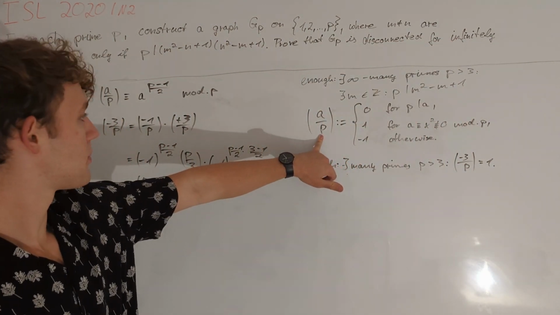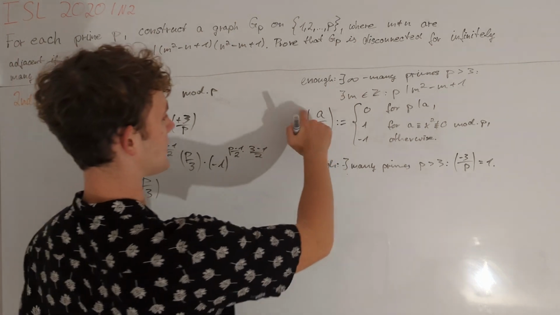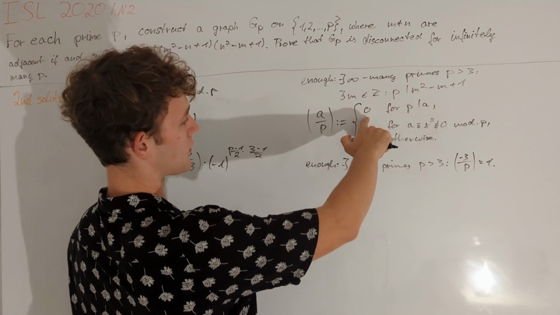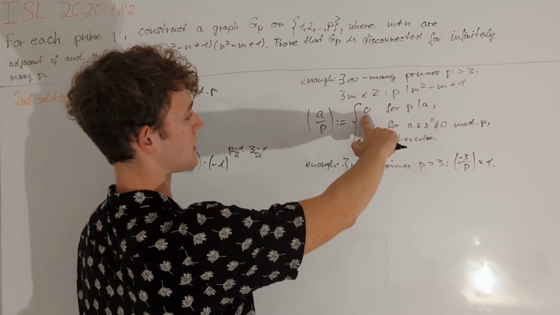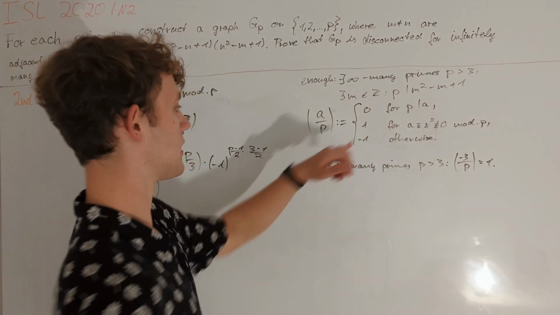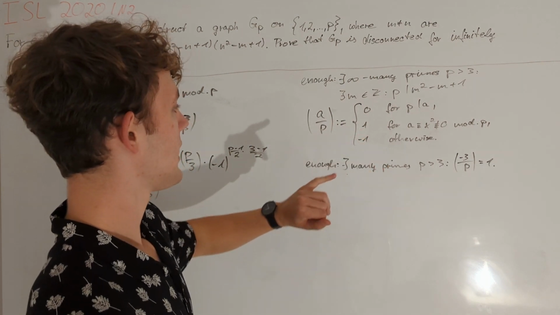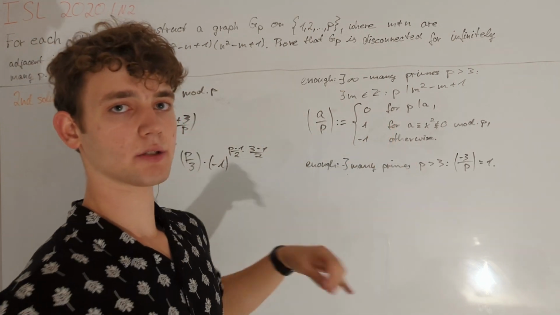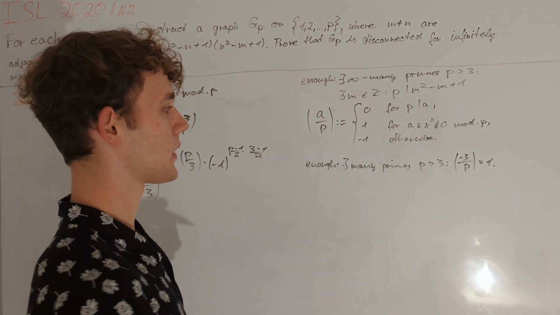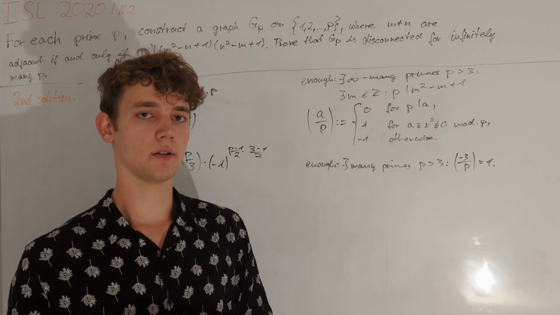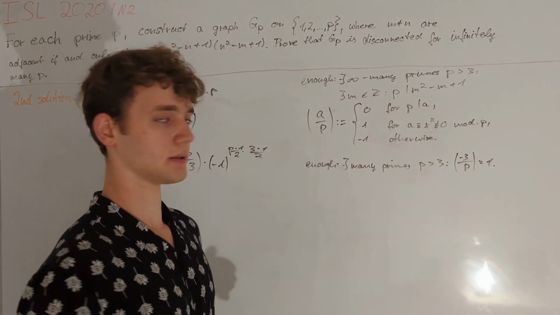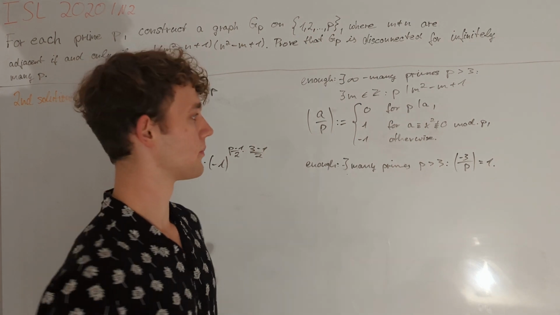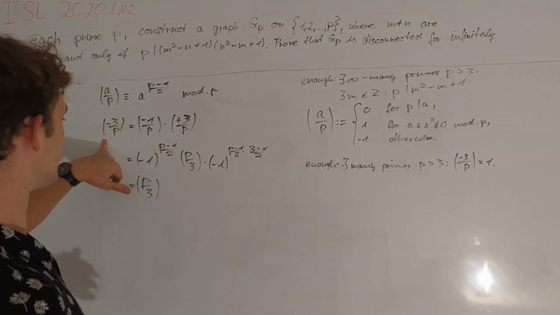Let's take a look at the definition of the Legendre symbol again. We see that for p over 3, these two will switch roles. So okay, p over 3, of course it's never 0 because we consider large primes and then 3 does not divide p, so we are only left with these two cases. And p over 3 is 1 if p is a quadratic residue mod 3. But we also know that the only non-trivial quadratic residue mod 3 is 1, because 1 squared is 1 mod 3 and 2 squared is also 1 mod 3. Thus, this is equal to 1